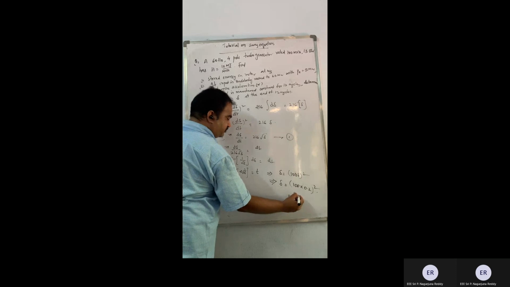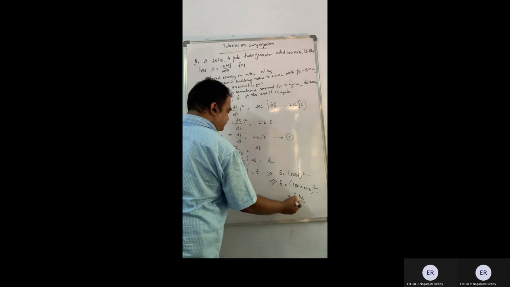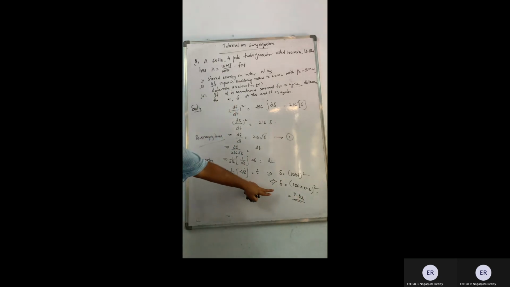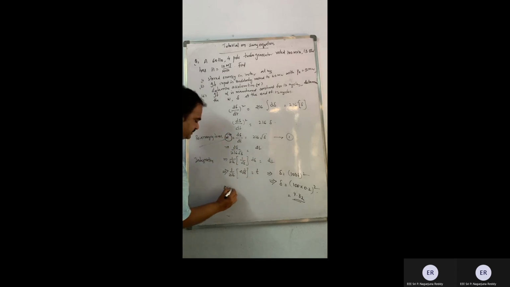So if you compute it, it should be somewhere around 4.24. It is somewhere around 4.24 or 4.32. You check it once. This is the value of delta. And once I have obtained the value of delta, I can compute angular velocity. This is omega. Understood now? These are changes, guys.